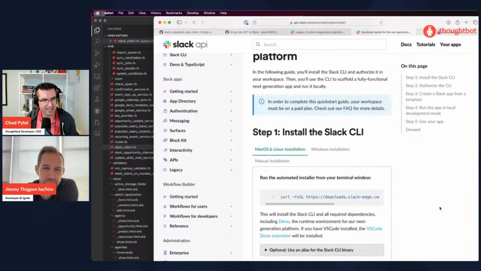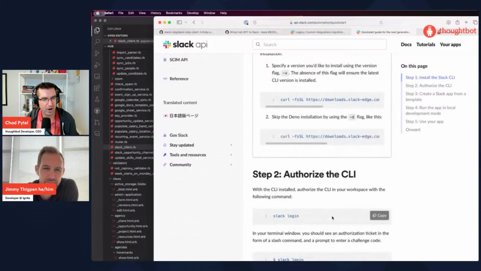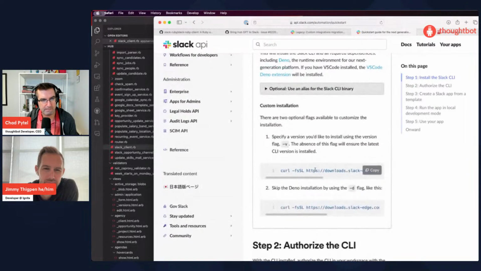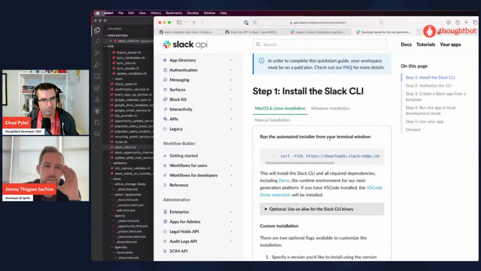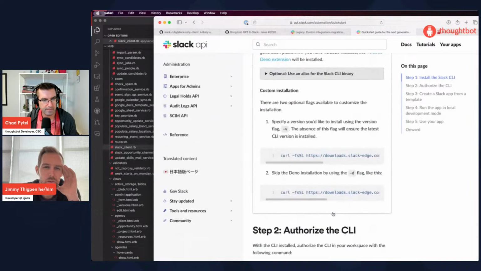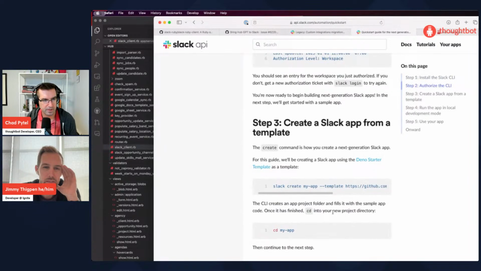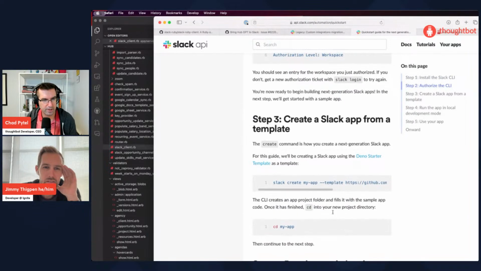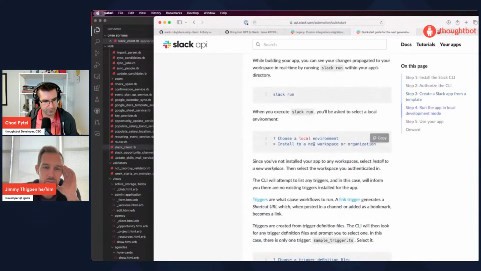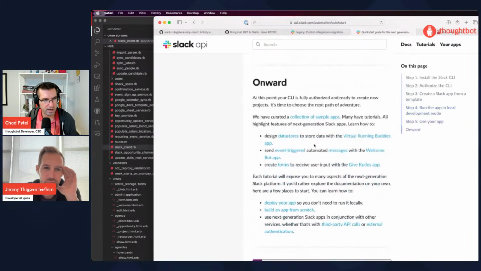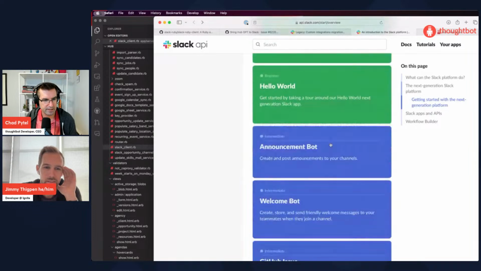Okay, install the Slack CLI. Do we really have to do that? Because we're going to need to generate a token. And I bet we need to use the CLI to do it. I'm pretty sure you can do this in their web interface as well. Oh, yeah? I've never used the CLI. And the create command is how you could create a next generation Slack app. Okay, so this is just how to do it in the terminal. Do we not want to do that? Do we want to do it through the web UI? I'm down with either way.